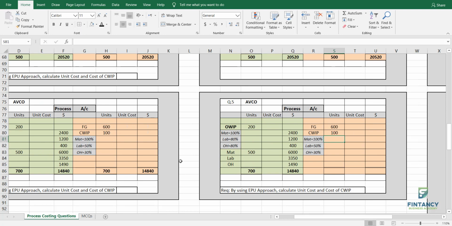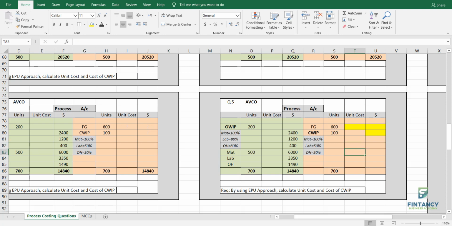So he is saying please calculate unit cost. Okay, I told you there are mainly three requirements. Please calculate the cost of finished goods and please calculate the cost of closing work in progress. These three are the requirements always. So what is the first thing you will do when you are starting? You will total this column and you will see is there any normal loss, abnormal loss or abnormal gain, and it will not be there. Why? As I told you in your course, if they give you opening or closing, they will not test you for normal, abnormal loss and gain.